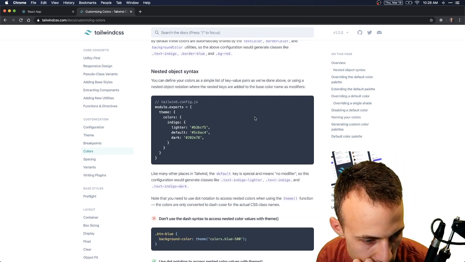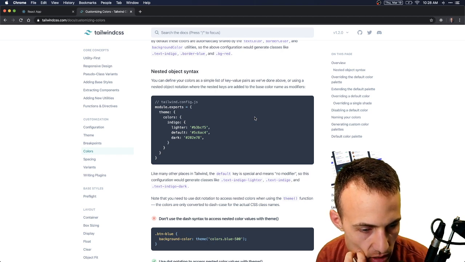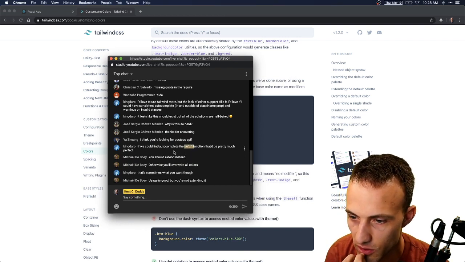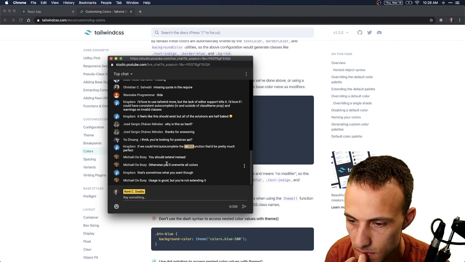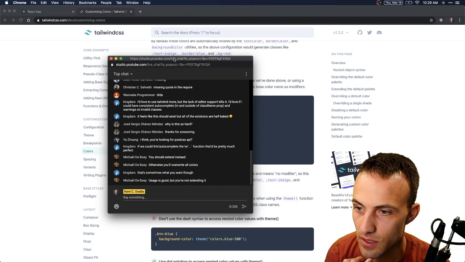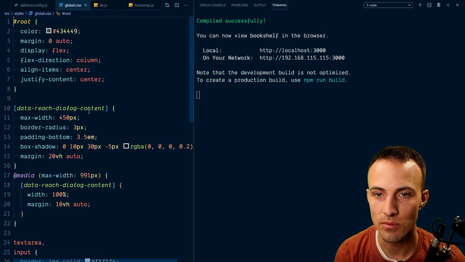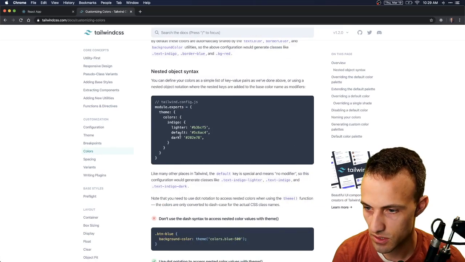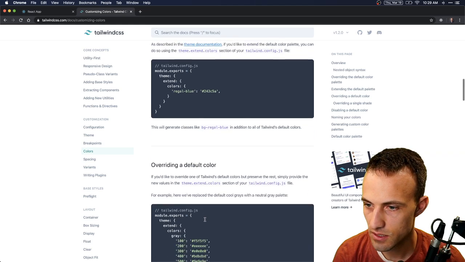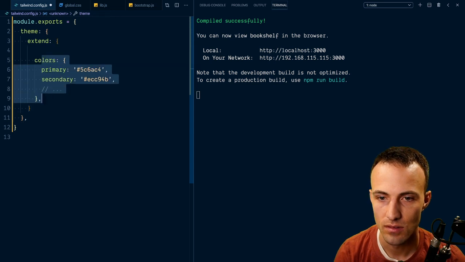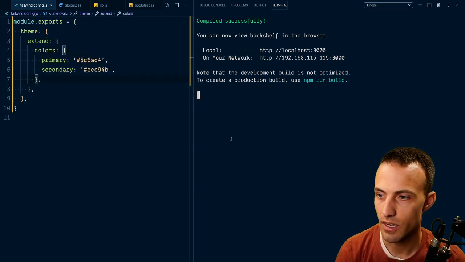Getting some comments here. If we could lint and autocomplete the tw function, that's I think the macro thing. Should use extend, otherwise you'll overwrite. Sometimes that is what happens. Yeah, I need to extend, I think. But I don't think that's my problem here. Let's see, what is the extend, theme extend. So I need to